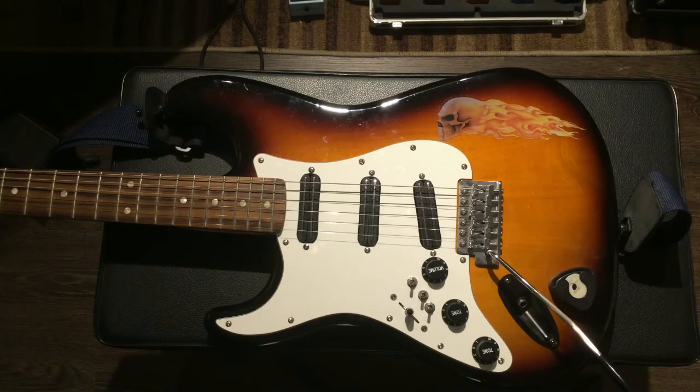So for 24 bucks for a pack of 4, that worked out because I used 3 of them, and then I gave one to one of my students for their Strat. So now they have an HSS configuration, and they like it, so hey, what the heck. But anyways,